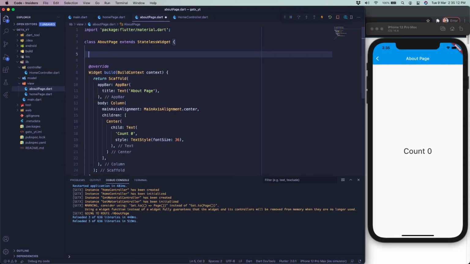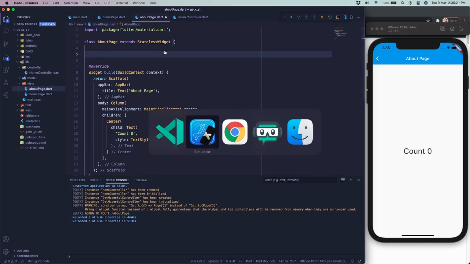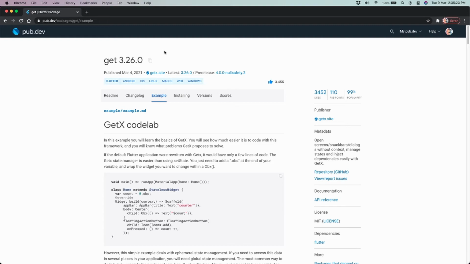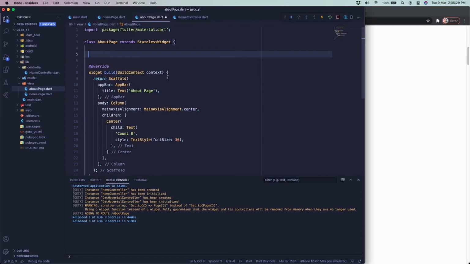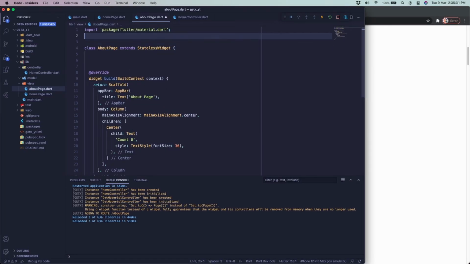If you need to access the same value, global scope or global state, you have to find it. So how do you find it from one page to another page? First of all, you have to import this library